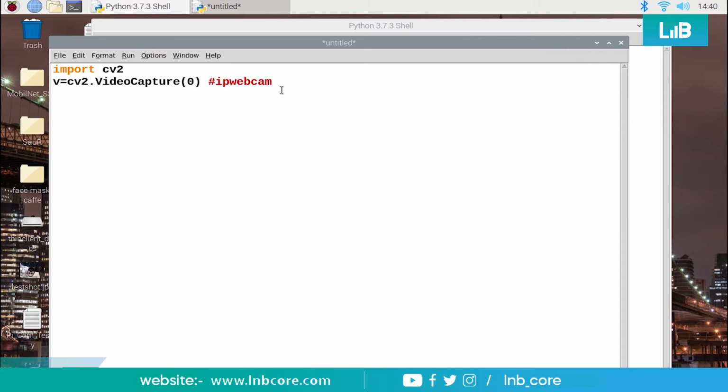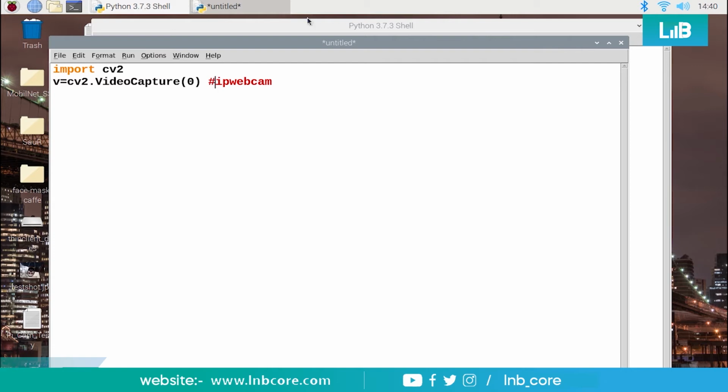Suppose I have connected my mobile phone to the same router and installed the IP Webcam application. This application allows us to send our mobile camera images to that local network to which we have connected with the same router.